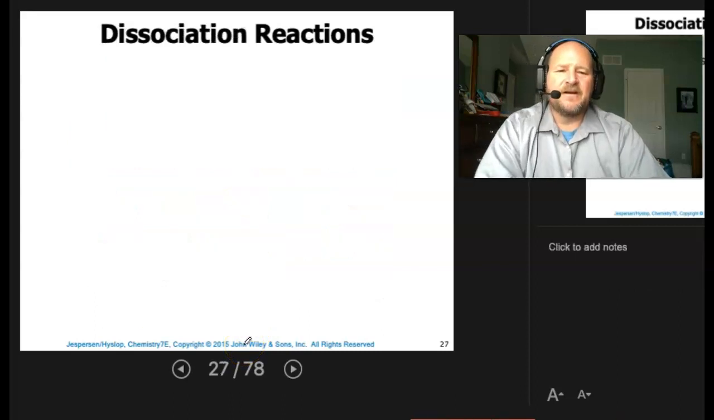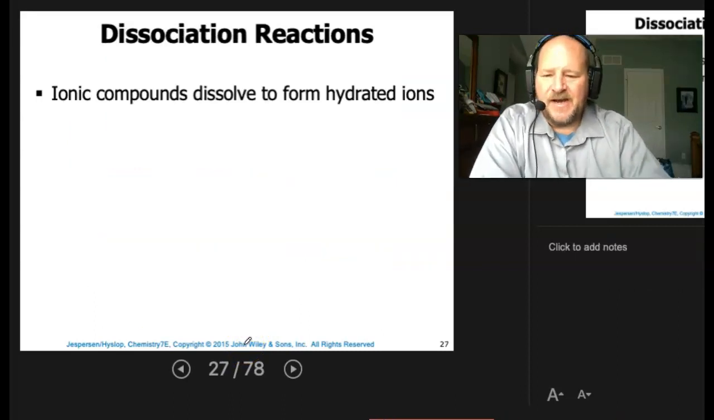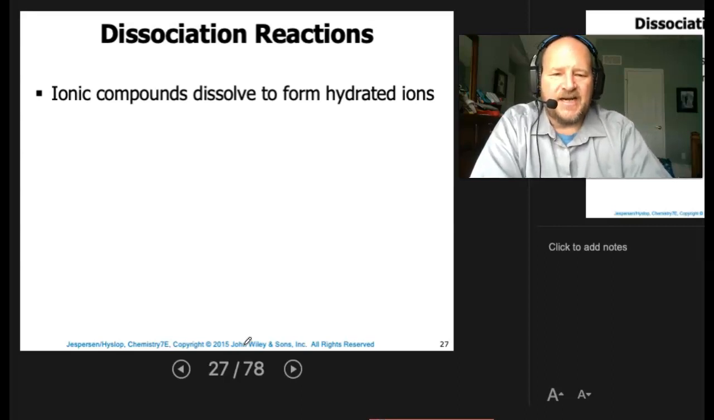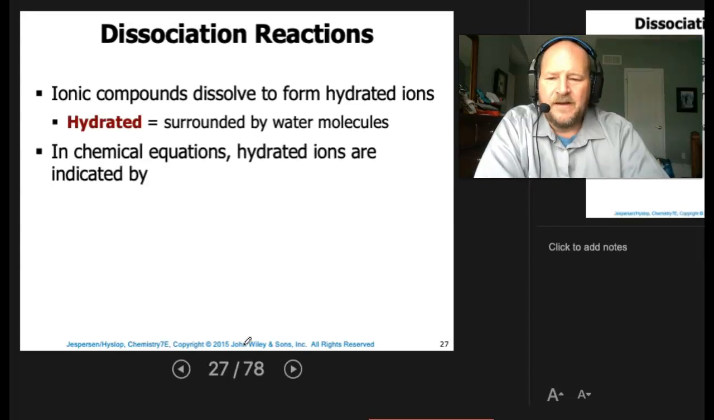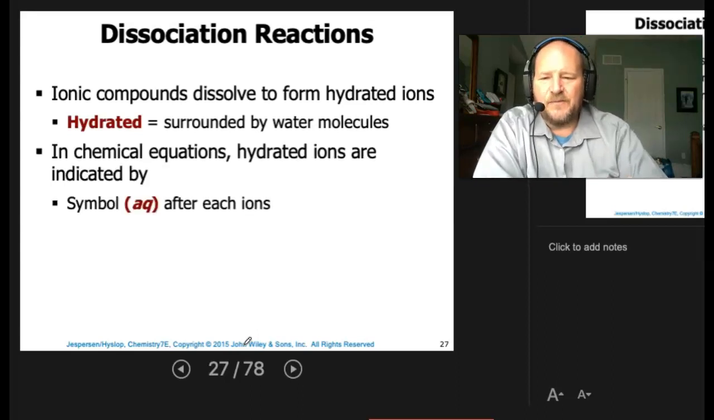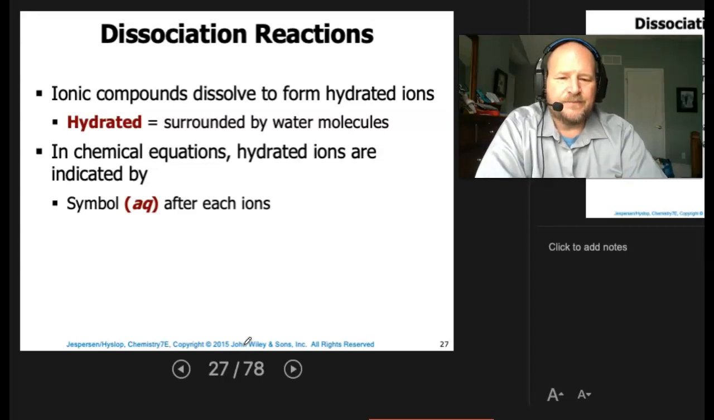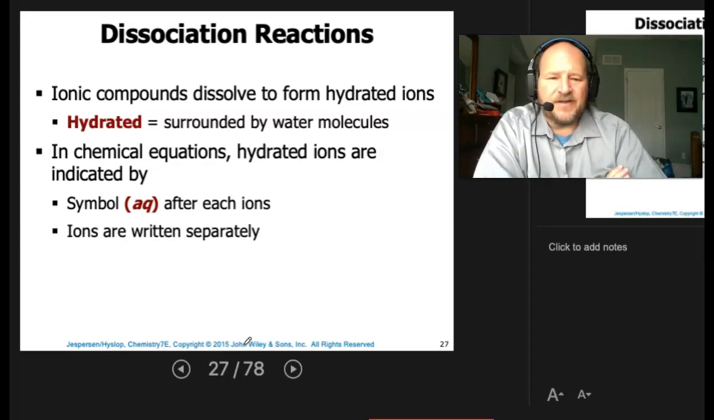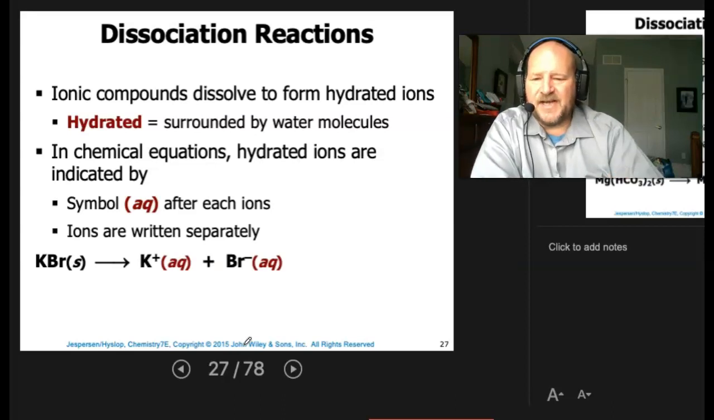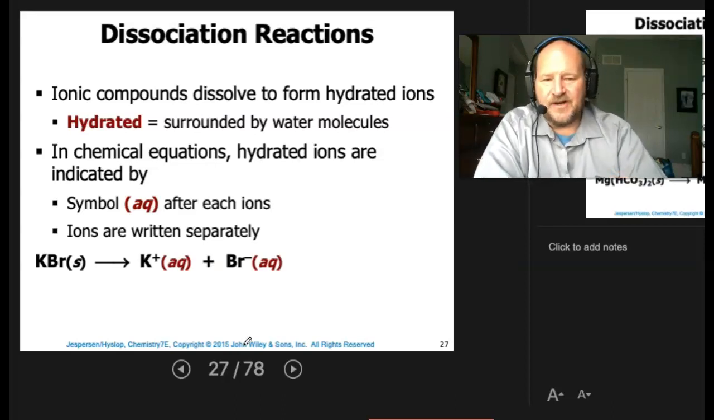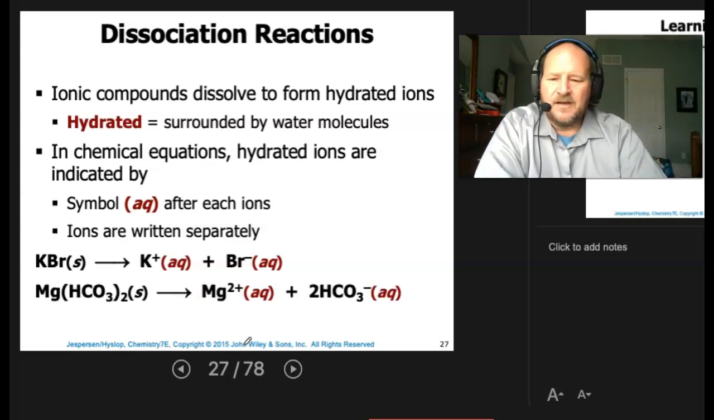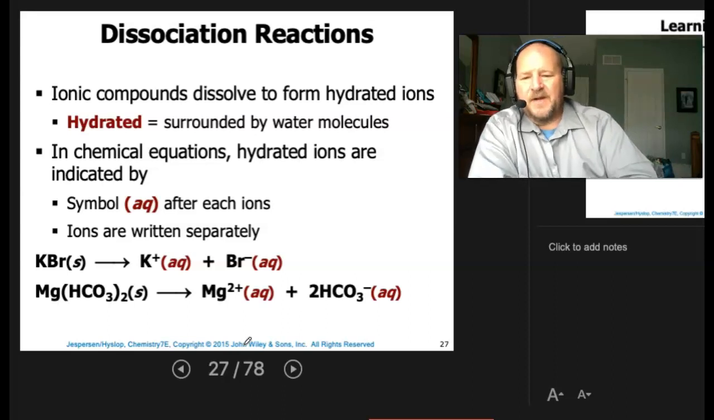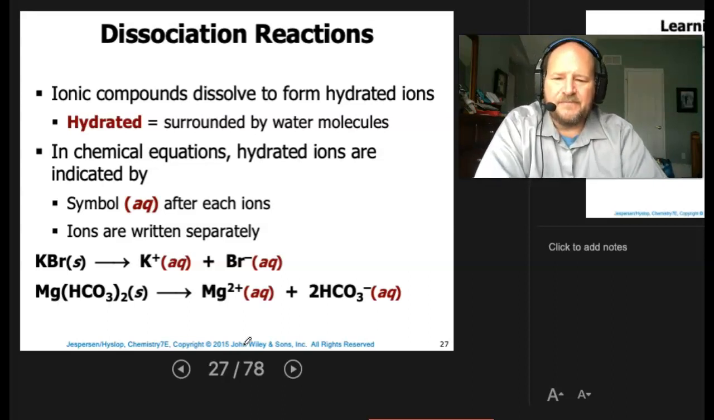Okay? Now, dissociation reactions then are ionic compounds that dissolve to form hydrated ions. And hydrated simply means we're going to surround them by water molecules. Now, in chemical equations, the hydrated ion will be indicated by the aq. Ions are going to be written separately. So in other words, KBr is a solid. We'll go to K+ surrounded by water, plus Br- surrounded by water. If we take a solid like magnesium bicarbonate, here we see the magnesium surrounded by water, 2 bicarbonates surrounded by